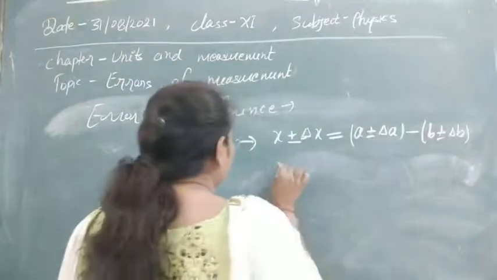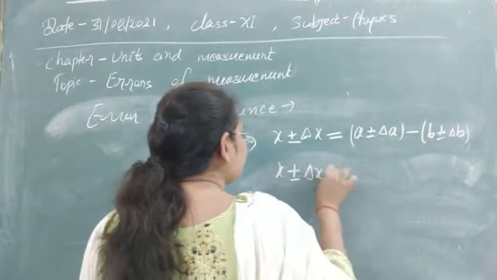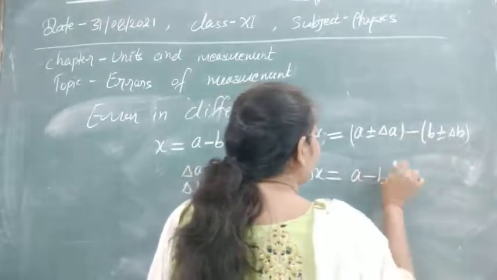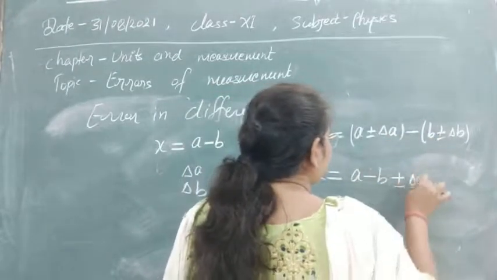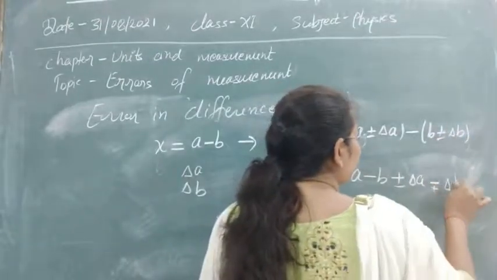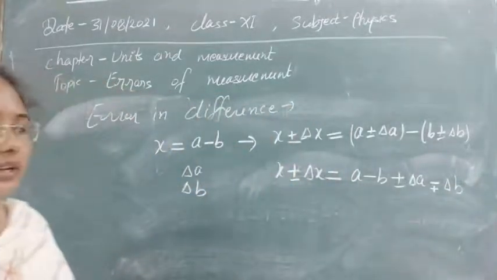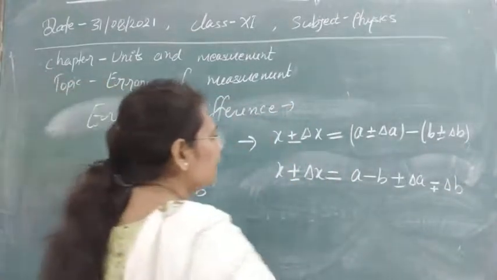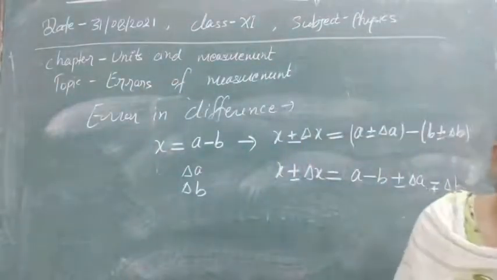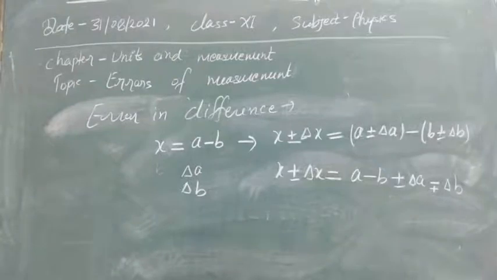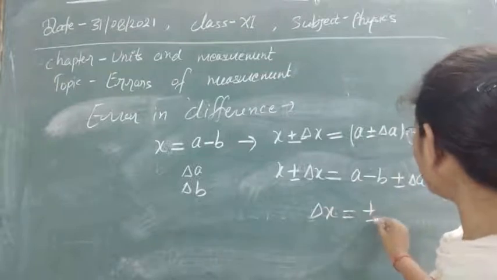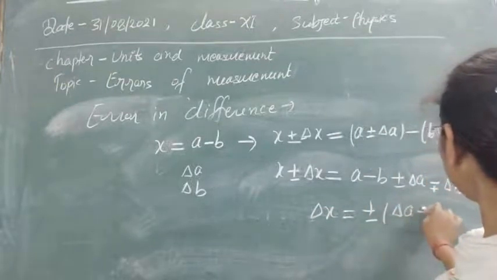So here, as just now I have written, it is ±Δx, and let's solve it in some simple way. A − b first of all we have written, then ±Δa we can write, and now if minus you will impose, then ∓Δb you can write. So I think this is now clear. Now in the next case, if you compare Δx with this one, then Δx can be written as ±(Δa + Δb).